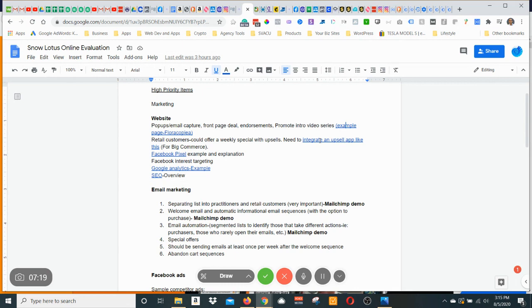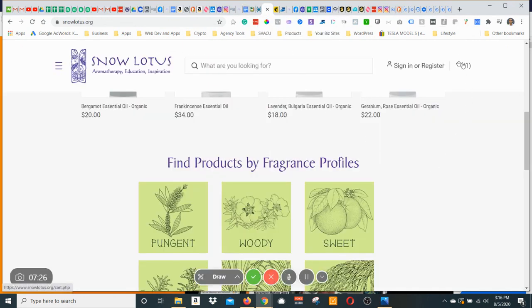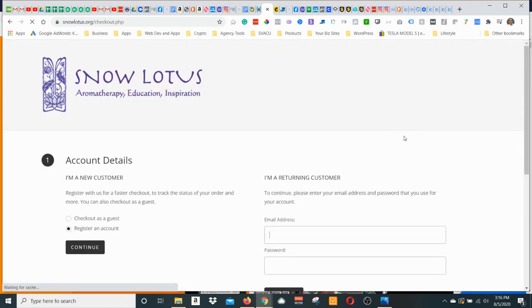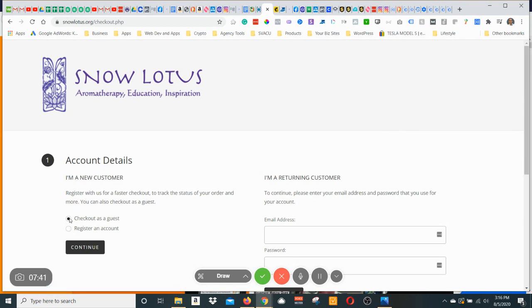So I'll show you what I mean by an upsell app. Well, I'll give you a product that you can use. So first, let's go to your page. I've put an item in the cart. We're going to go to the cart and begin to check out. As it goes, I'm going to enter my email address, or I can check out as a guest, whatever happens to be. I'll enter my credit card information. And then before I actually place the order, I'm going to be offered an upsell. So if the person has gone as far as purchasing a product, they've entered their card information, they're good to go. It's sort of like